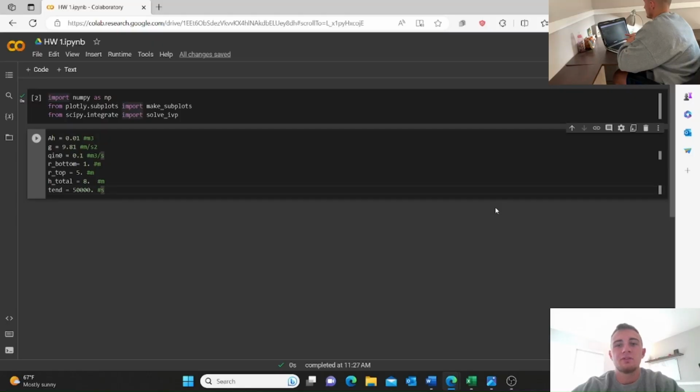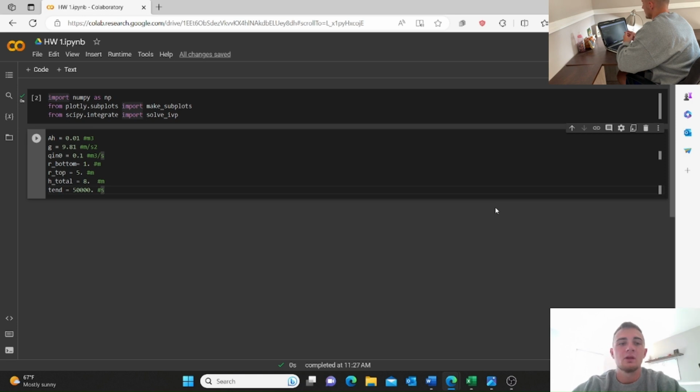Okay, so we have our system set up here in Python. Essentially what we have here is the conical tank, and we're going to say that this conical tank has been at steady state for some long period of time. All we're going to do here is just manipulate the flow rate into the tank. So we're going to raise it by a factor of 20%, or just multiply the initial flow rate by 1.2. And what we want to see is how the height of the tank changes with that increase in flow rate